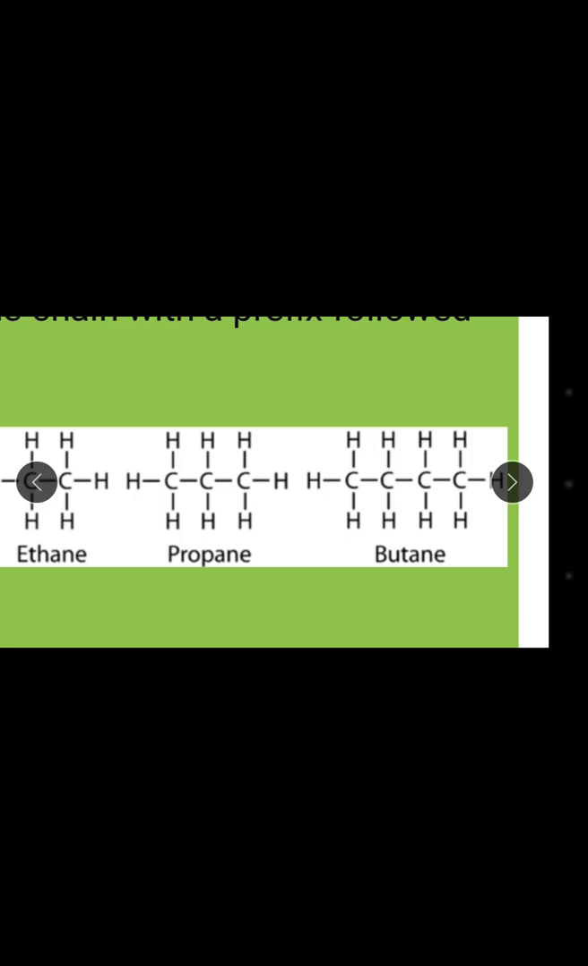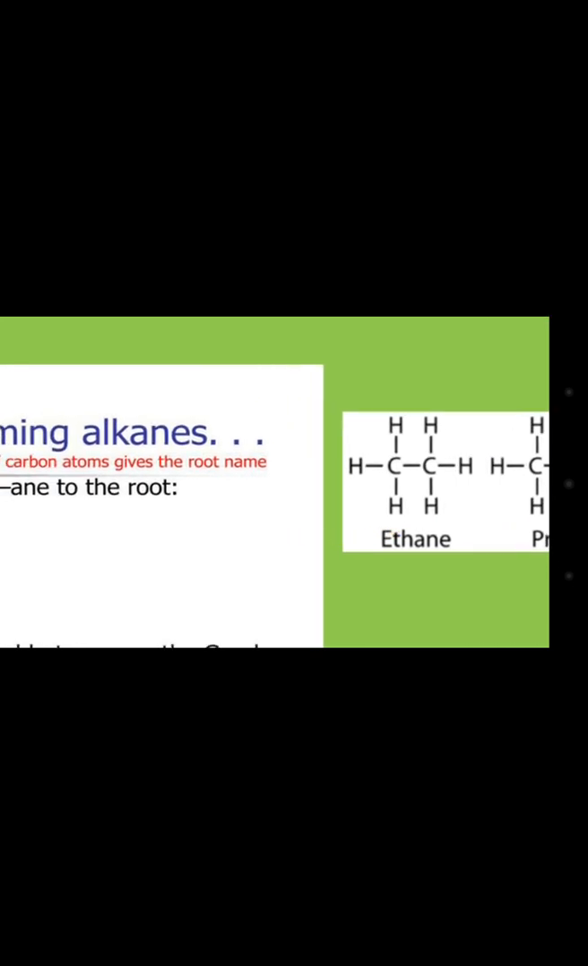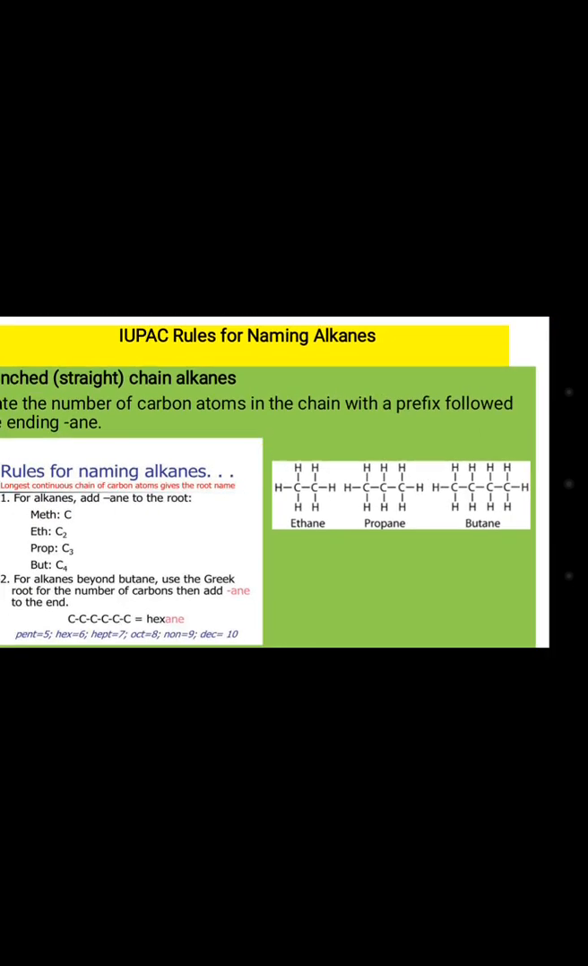So for straight chain hydrocarbon it is that simple. Once you understand the parent name and you understand that your carbon must be surrounded by 4 bonds, that is that. So let's look at